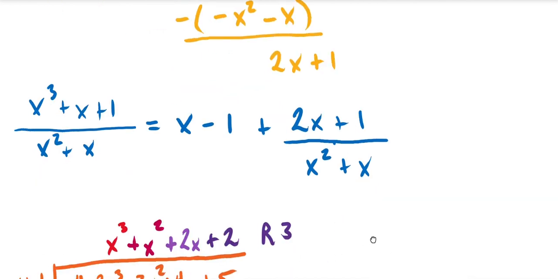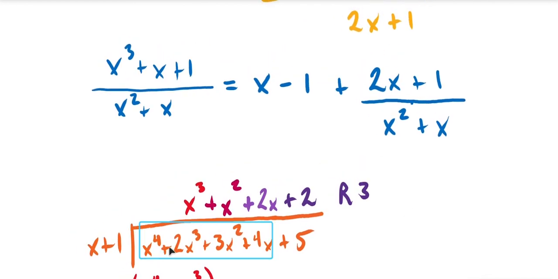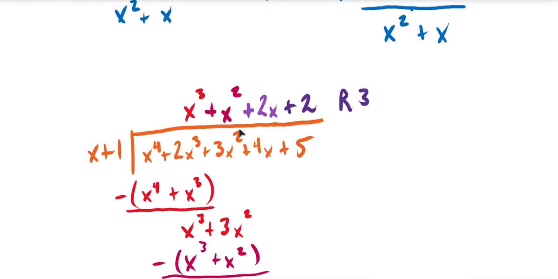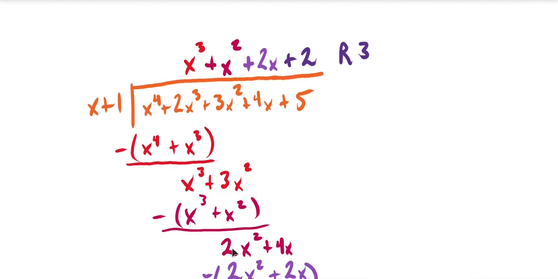Okay, here's the setup on the next one. I put the dividend in the bracket, I put the divisor up front, and I say, what do I have to multiply x by to get x to the 4th? X to the 3rd. I do that, and I multiply both terms, and I take a difference. Drop the next number down, and we're just going to rinse, wash, repeat this. X goes into x to the 3rd, x squared times, you multiply this out, you take a difference, you drop the next number down, x goes into 2x squared, 2x times, you multiply this over, you bring this down,